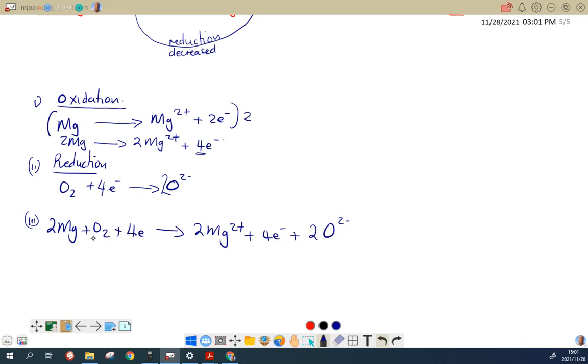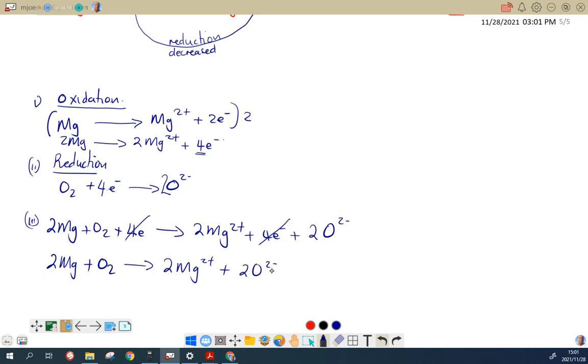Now we look for like terms to collect together and simplify. We've got 4 electrons on this side and 4 electrons on that side. If we transpose, it becomes a minus, so those 4 electrons can cancel. We don't have anything else that is the same, so we've got 2 Mg plus O2 giving us 2 Mg2+ plus 2 O2-. In other words, your magnesium has been oxidized to magnesium 2+, and your oxygen has been reduced to